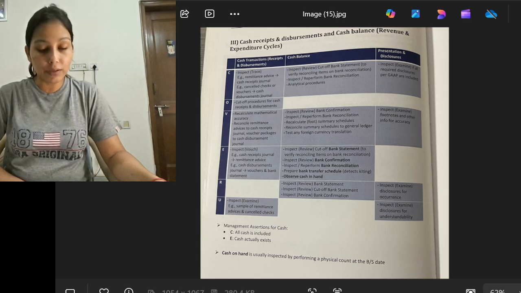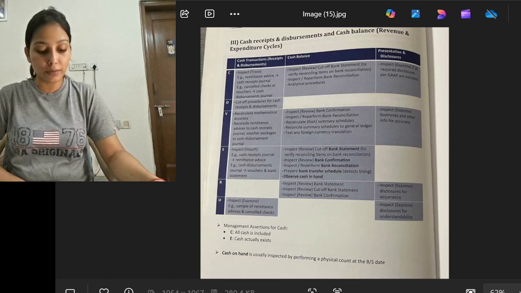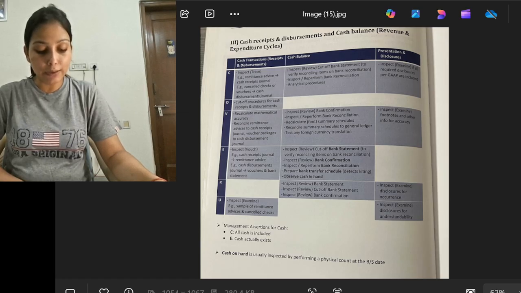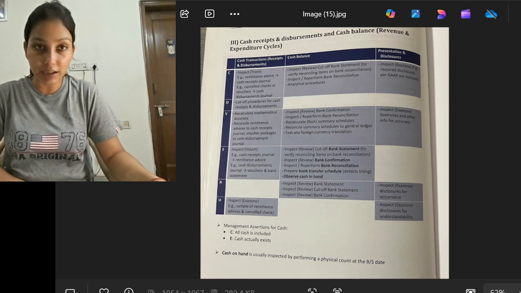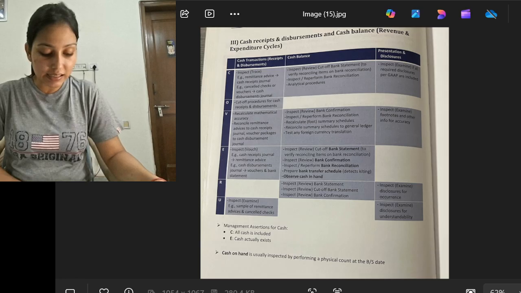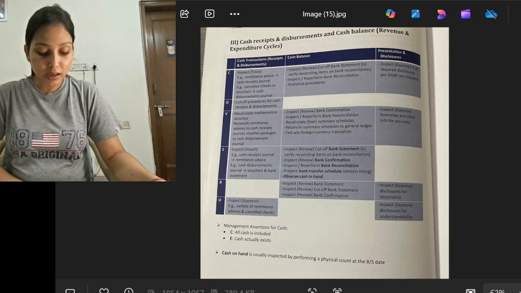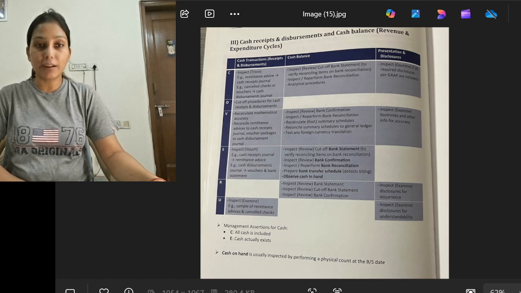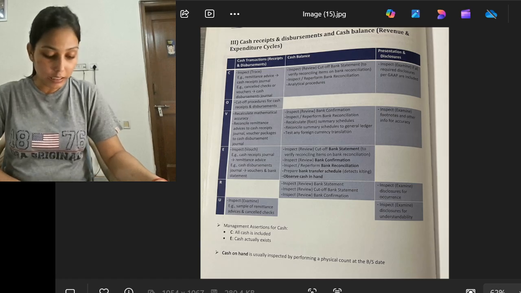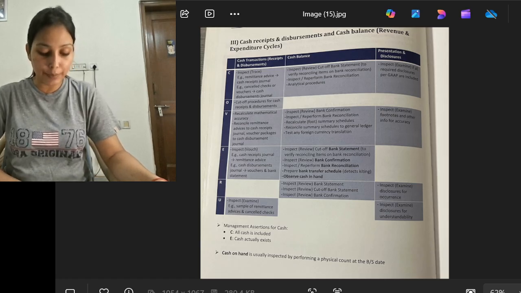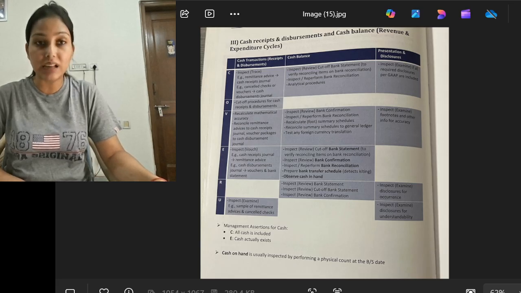Similarly, inspection or review of the bank confirmation, inspection or review of the bank reconciliation, recalculation of the summary schedules, reconciliation of summary schedules to the general ledgers, and testing of any foreign currency transactions are done. After that, to check the existence, inspection of the cut-off bank statement to reconcile with the bank confirmation, bank reconciliation, and bank transfer schedules, all these are verified. Also, inspection of the bank statement, cut-off bank statement, and bank confirmations is done as part